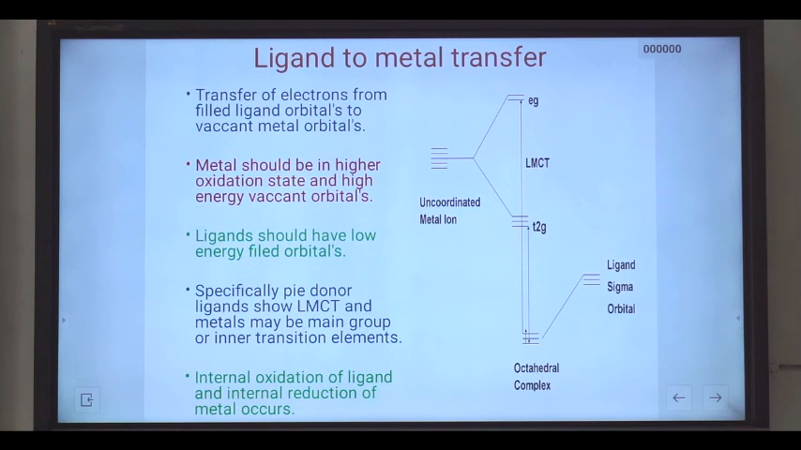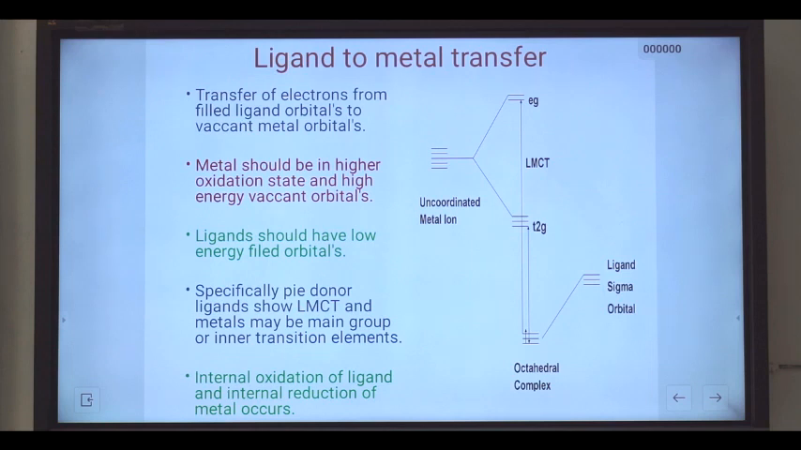From here the electron will transfer to the t2g orbital as well as to the eg orbital. So that is why ligand to metal transfer will take place. Specifically, what kind of ligands play their role in ligand to metal transfer? Specifically pi donor ligands show the LMCT transitions, and metals may be of main group elements or inner